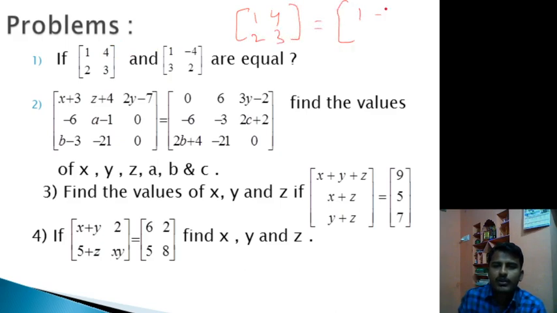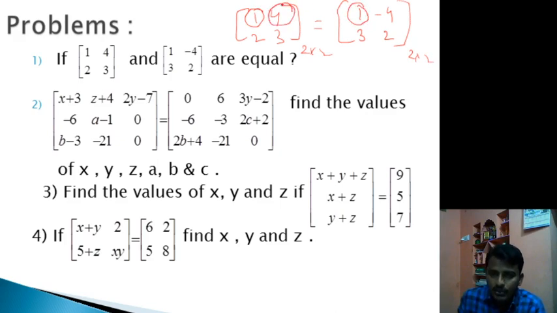I will take equal to, because yes, both are 2 cross 2, and also corresponding elements are the same. See, A11 here and A11 there are the same, but A12 and A12, these two are not the same. That's why we cannot say these two are equal. It means unequal. Next,